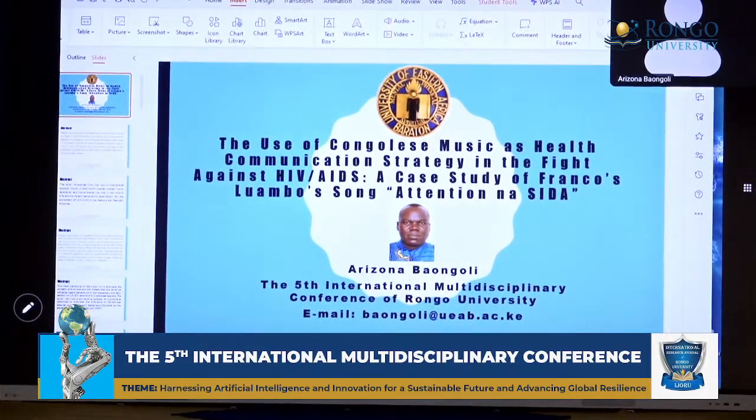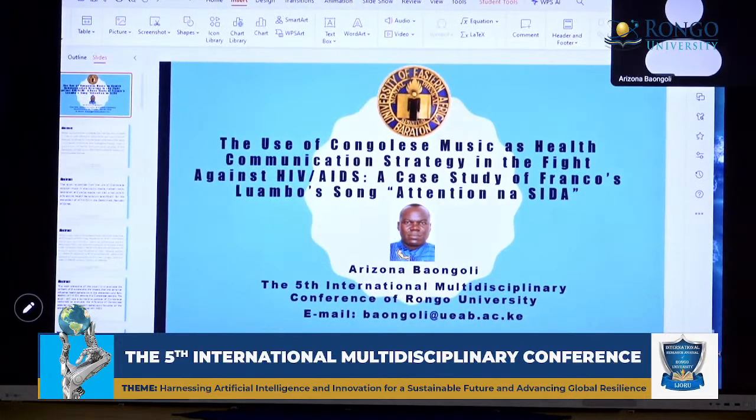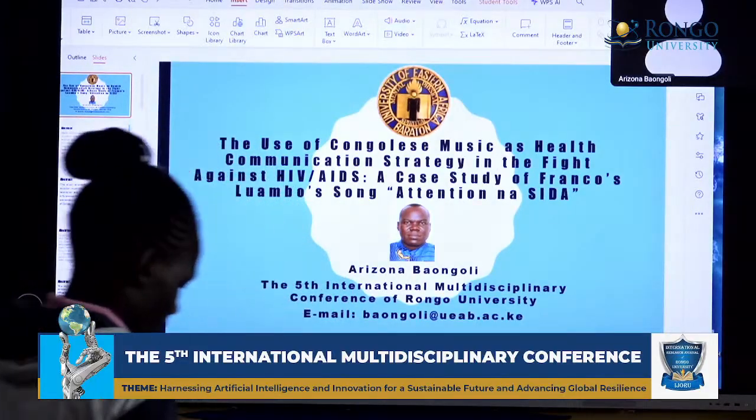So in terms of interpretation, especially the use of similes and metaphors, is it a mindset thing? Because the way you're saying that in terms of communication, are you sure that whatever you are listening to in helping you to communicate about HIV and AIDS, the same perception that another person who is listening to the same music is interpreting it at the same point? Thank you. Thank you, Tony. Bangoli, please respond.